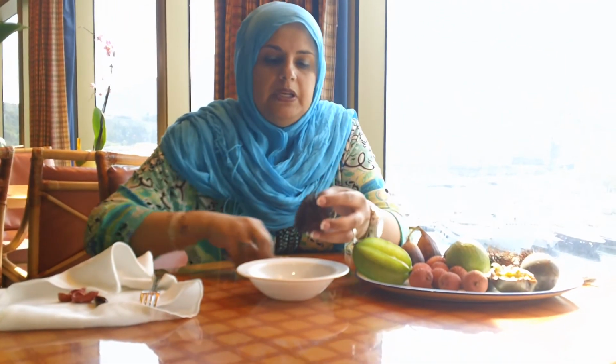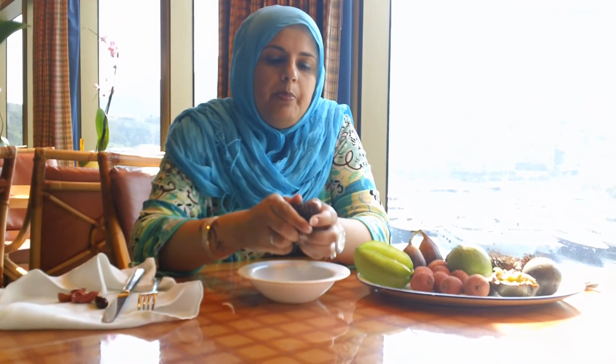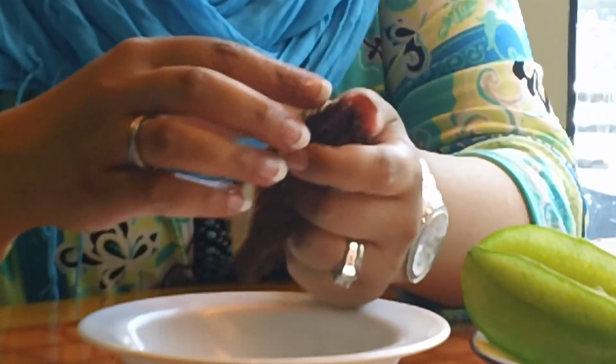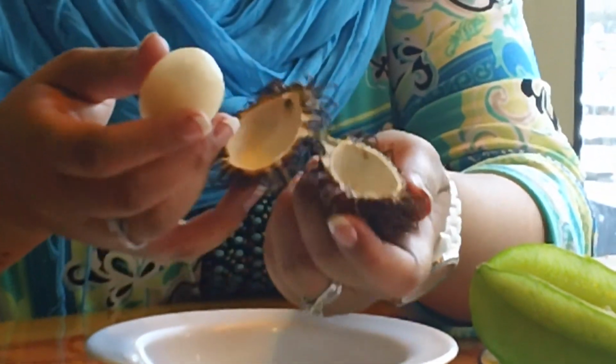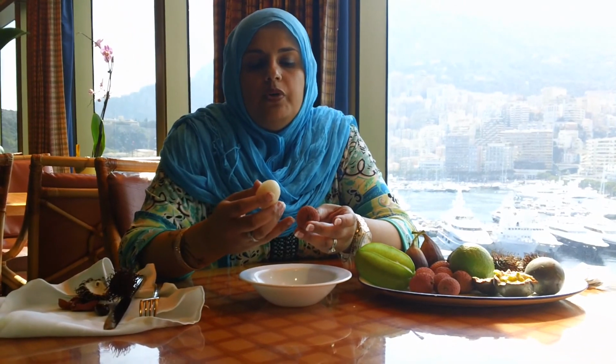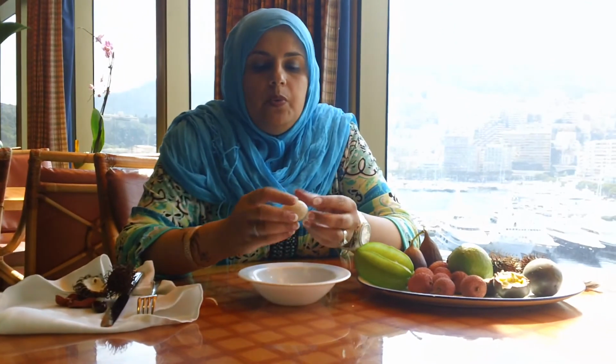lychee. And I think this one I'm going to need just a little knife to get into it. It's not hard at all. I just don't have a proper knife to get into it. But see how this one is? If we compare, this one doesn't have any juice in there, but if we compare that to the Lugan here, this was a lot more water content in that one. And the way you want to eat this is